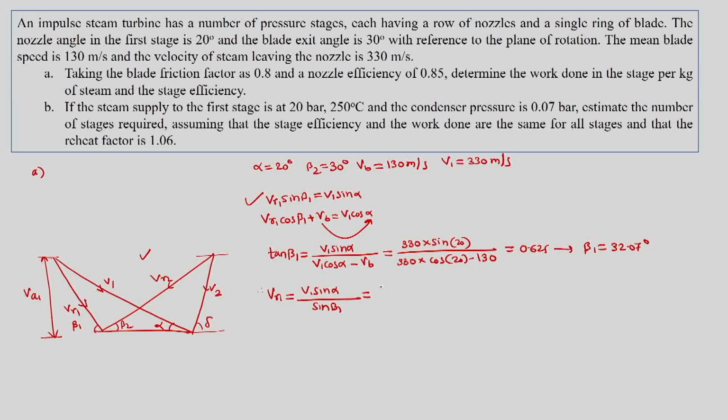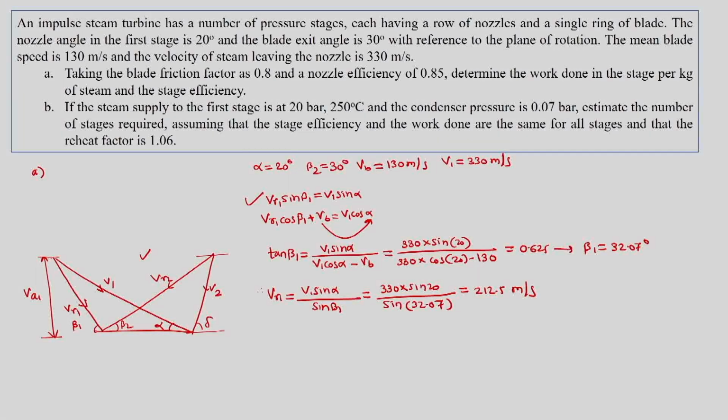So we can write it as 330 into sine of 20 divided by sine of 32.07, and this gives us VR1 as 212.5